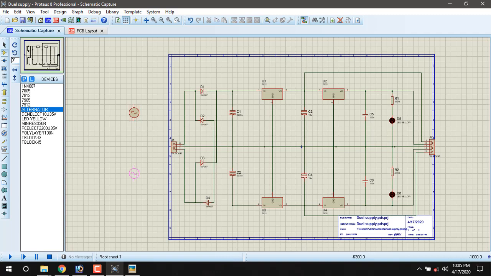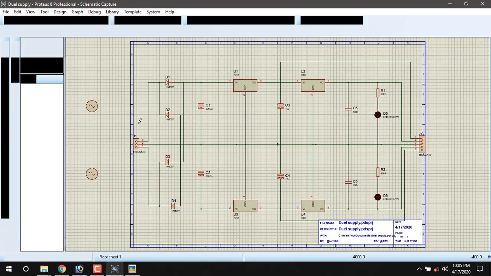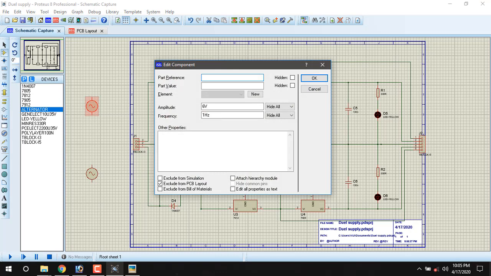We need 15 supply. So double click the alternator. The voltage is 15 volt and the frequency, our frequency, is 50 Hz. Press OK.